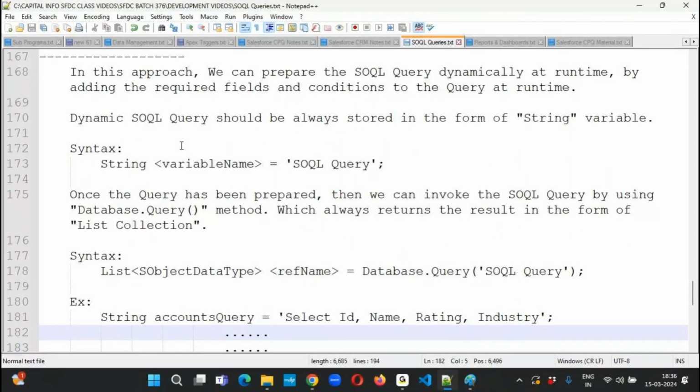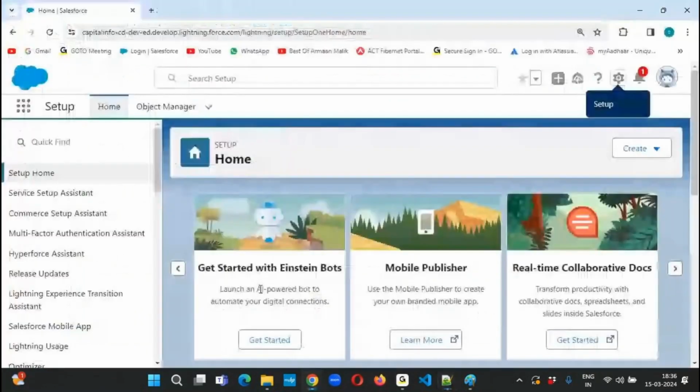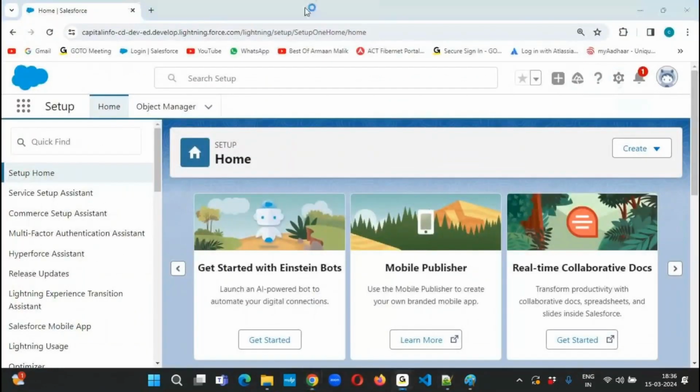Because in some cases we need to pass values at runtime. We need to add some conditions at runtime here. We don't want to include those columns and conditions at the time of preparation. We need to add some columns at runtime also. Like, for example, assume that I'm searching for a job. So the